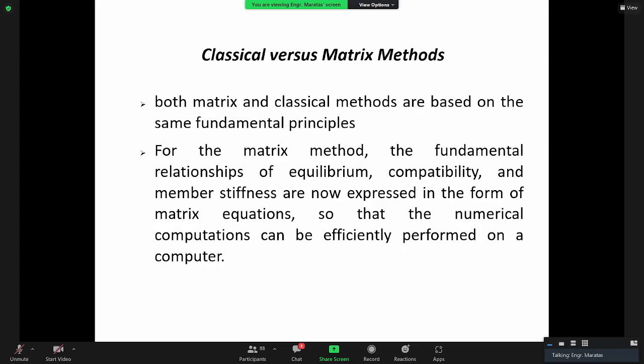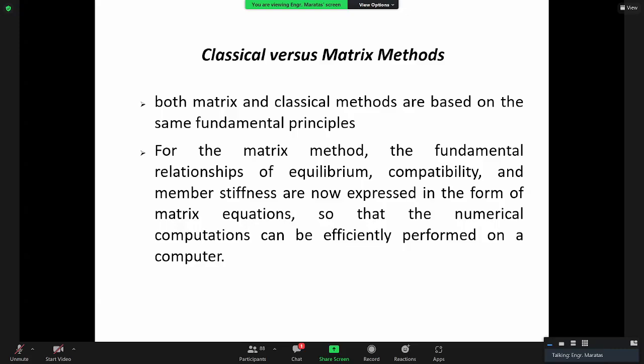Both matrix and classical methods are based on basically the same fundamental principles. For the matrix method, fundamental relationships of equilibrium, compatibility, and member stiffness are now expressed in the form of matrix equations so that the numerical computations can be efficiently performed on a computer. So this matrix method,